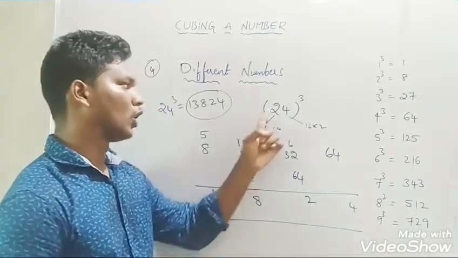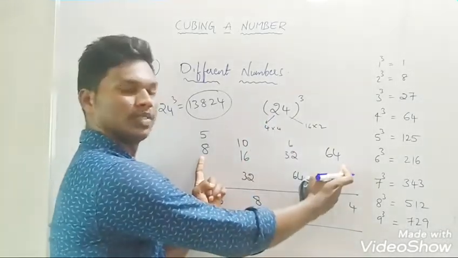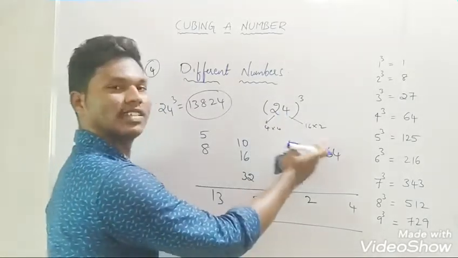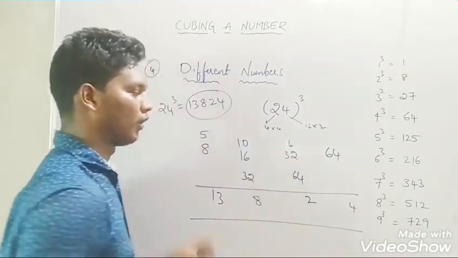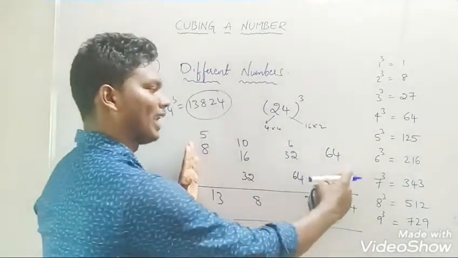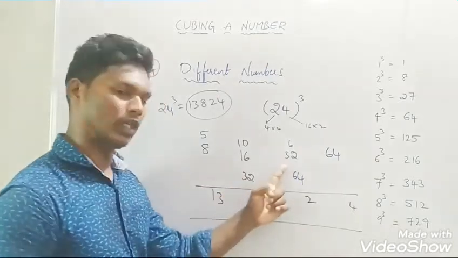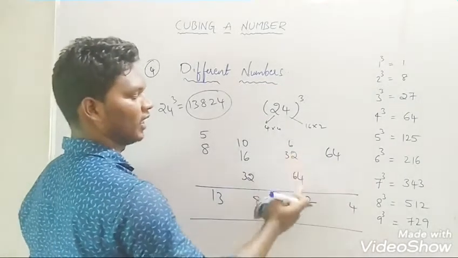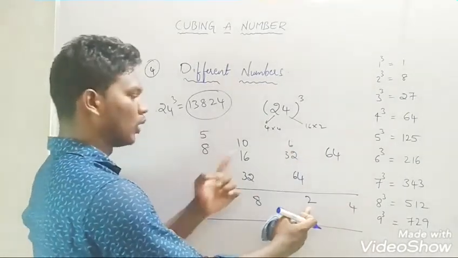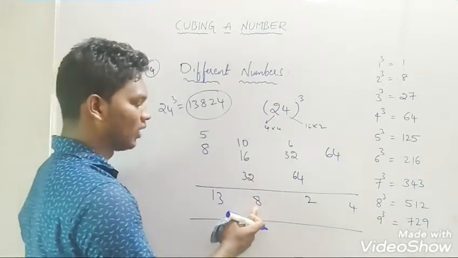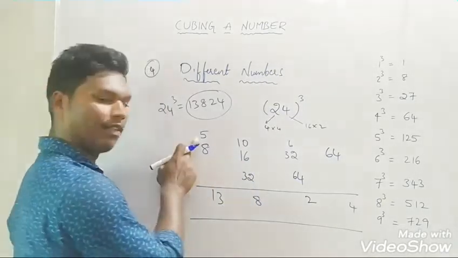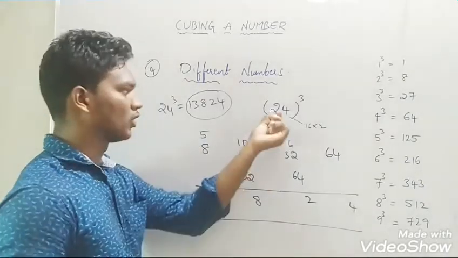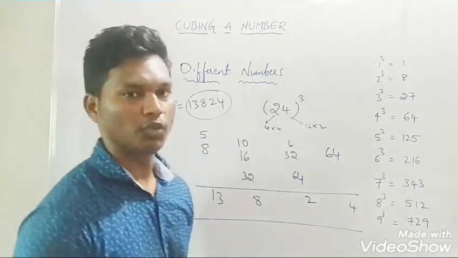So listen friends, one more time I am repeating. 2 cube 8, 4 cube 64, and 2 square 4, 4 into 4 will be 16, 4 square 16, 16 into 2 will be 32. Once you have done this, leave the first one and the last one, double the 16 will be 32, double the 32 will be 64, and go through the addition. 64, 4, 6 here, so by adding all this you will get 102, 2 here, 10 here, by adding all this you will get 58, so write 8 here and 5 here, and finally 8 plus 5 will be 13. So finally we got the result. So 24 cube is 13,824.